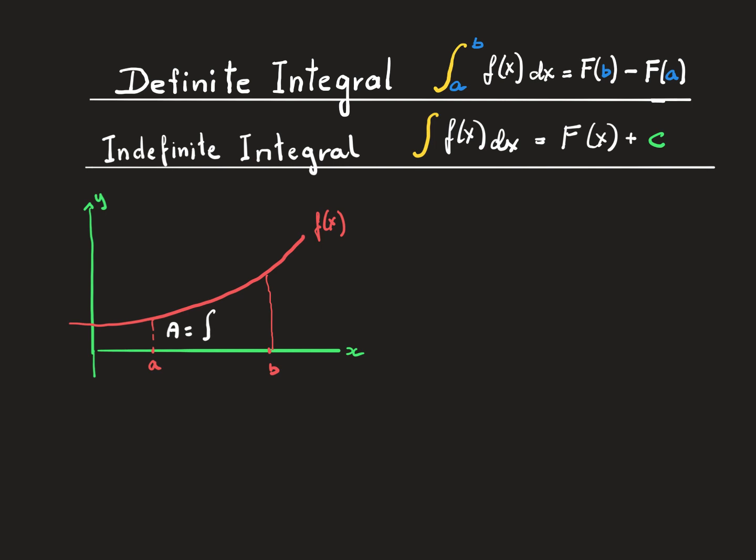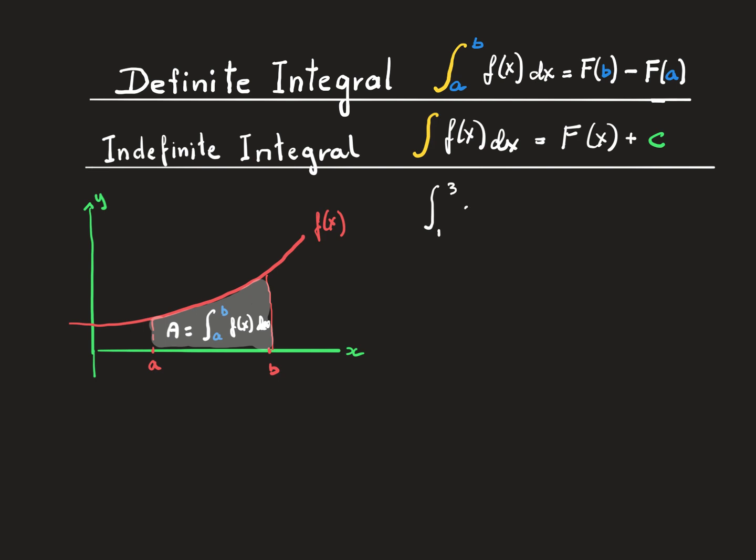So say that's a, b, and f(x) dx. So you can see that the area under the curve between a and b is known as the definite integral. So let me show you how I would calculate the area from 1 to 3 of this function,